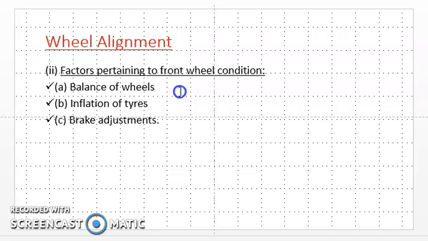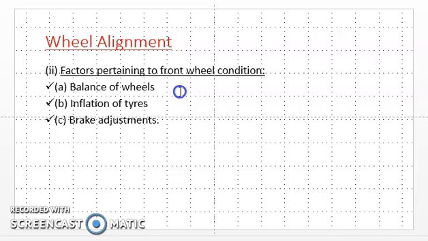And about thrust angle, the rear wheels should follow the front wheels properly, then we can say that this thrust angle is 0. And you have to adjust these angles and conditions, then we can say that the wheel is aligned properly. Especially, this wheel alignment is changed when there is an accident or damage. At that time you have to again check the wheel alignment,